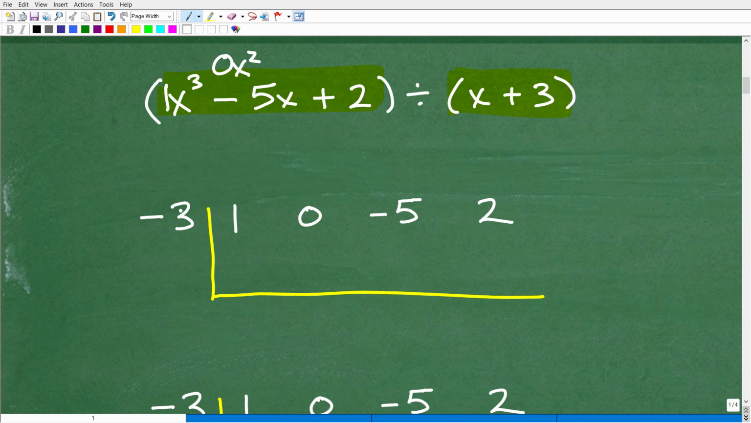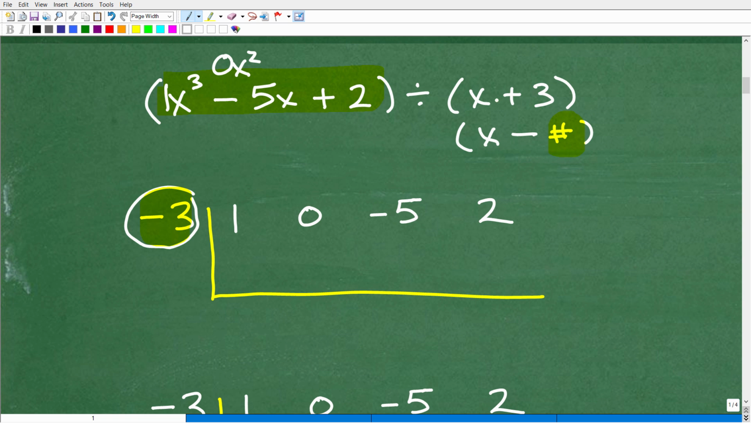So here, this number, where did this number come from? Well, it came from the linear factor. So this is the setup. It's always going to be x minus a number, and whatever that number is right there is what you're going to be putting right here for synthetic division. So we got to be very careful here